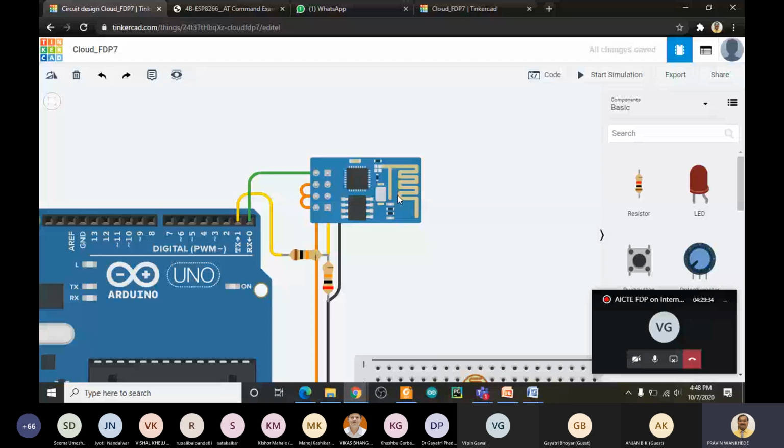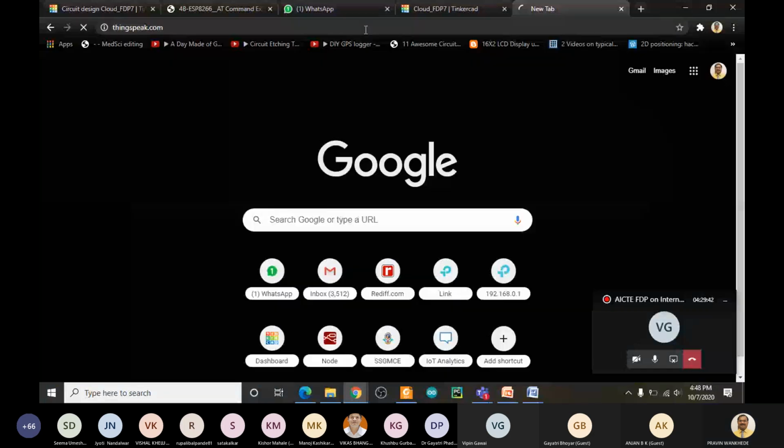Today we are going to use the ThingSpeak cloud. Most of you already know about ThingSpeak, because most of you are from an electronics background and some of you already work on IoT projects.